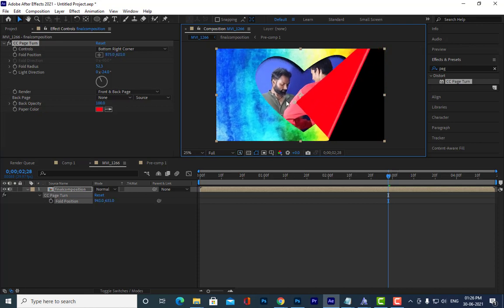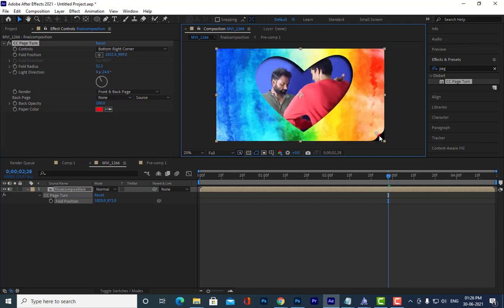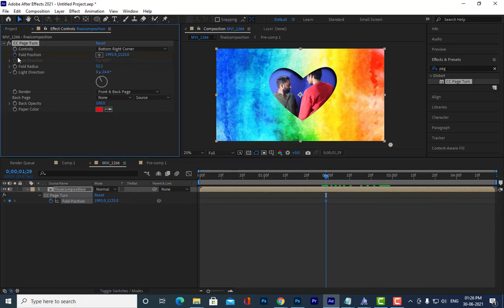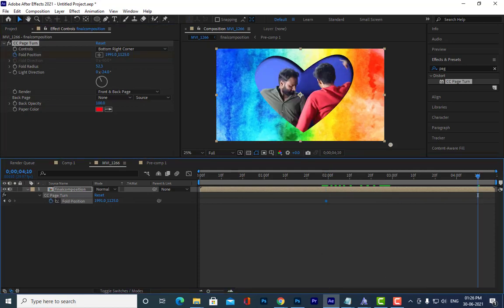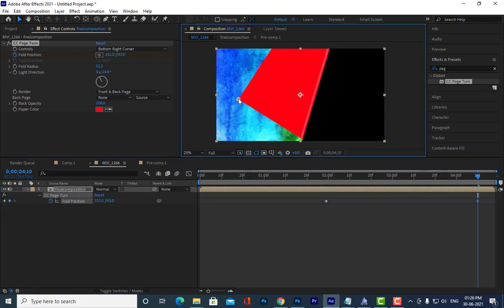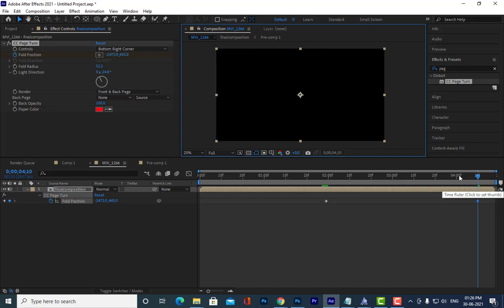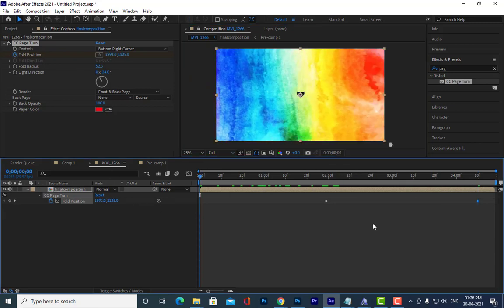It should move like a paper folding. We should animate it from here and then move it. Just move this icon. Let's see how it looks.